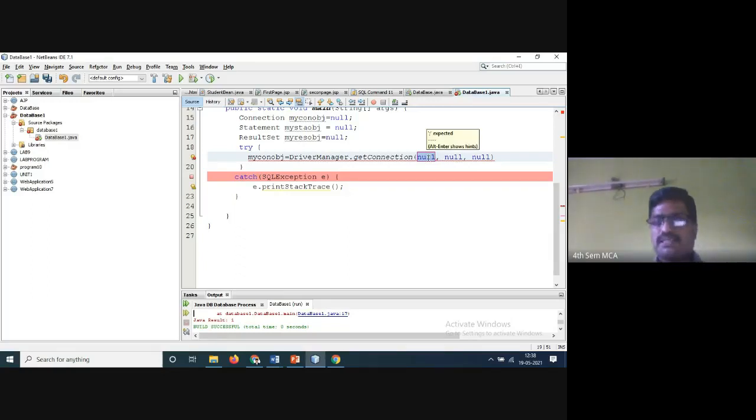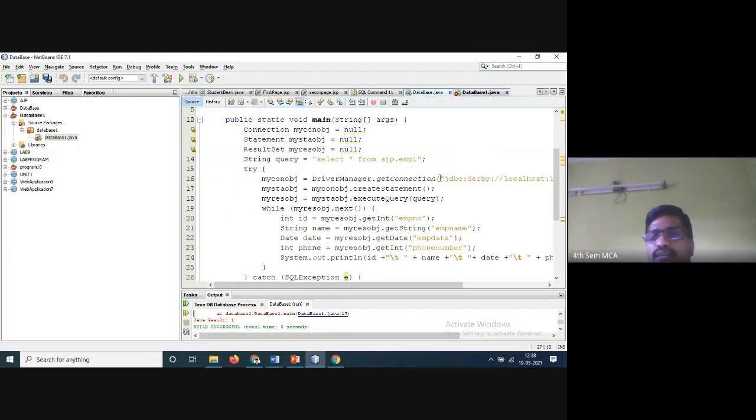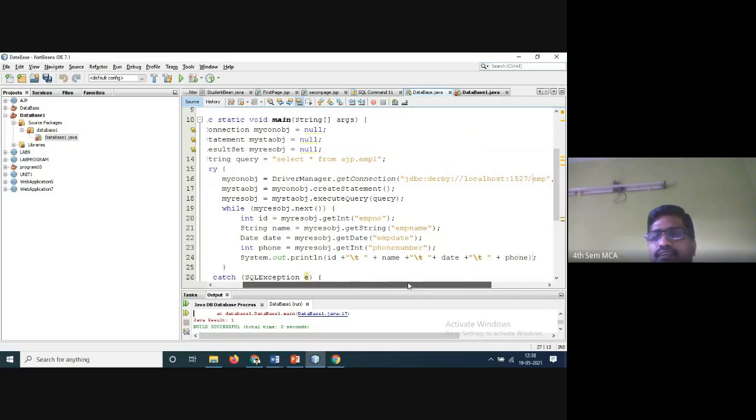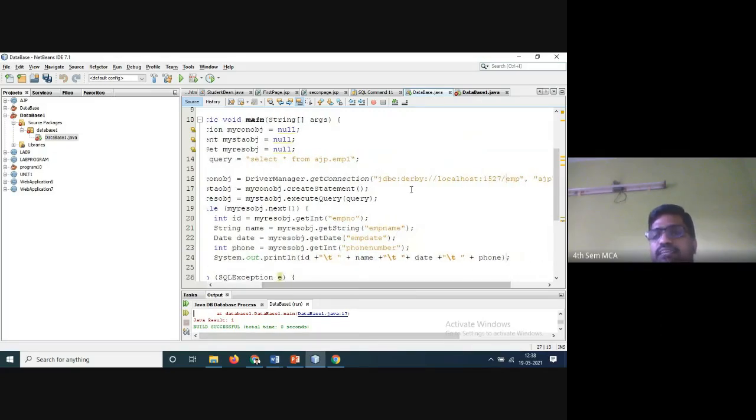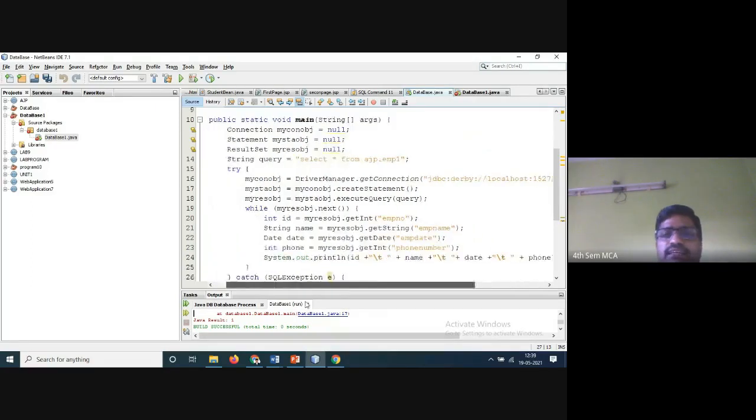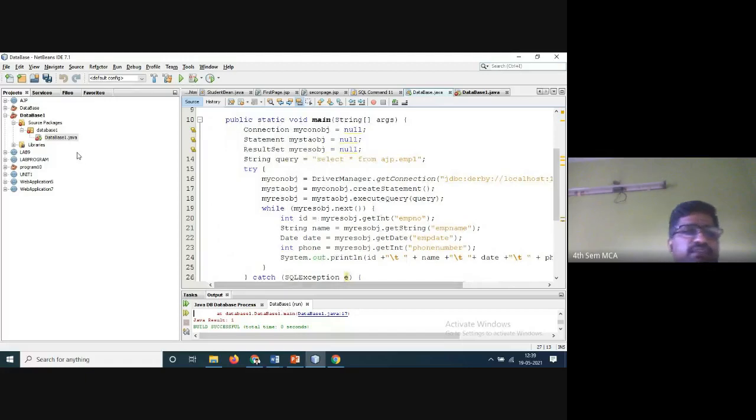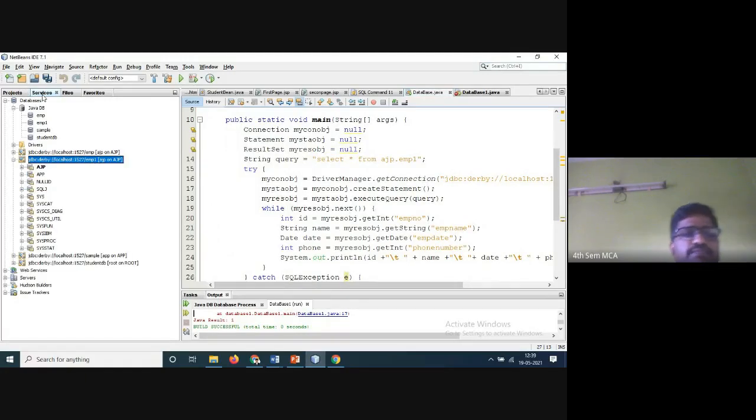The first one, after the open bracket, is the URL. See here what I've written, the URL is this one: JDBC colon derby localhost 1527 EMP. How are you getting it? You have to go to services and here this one is there.